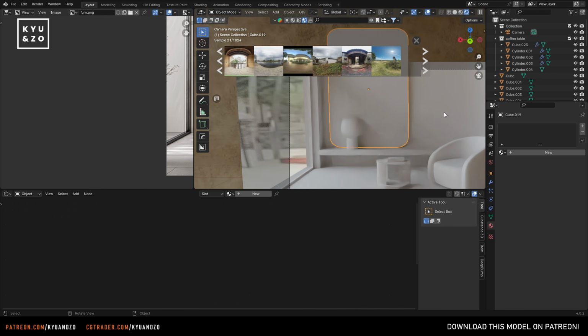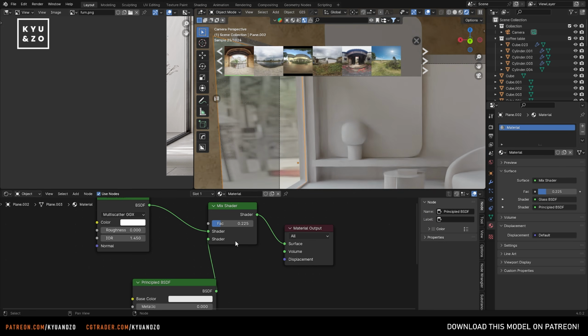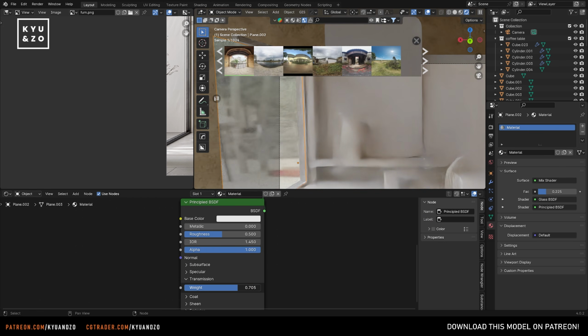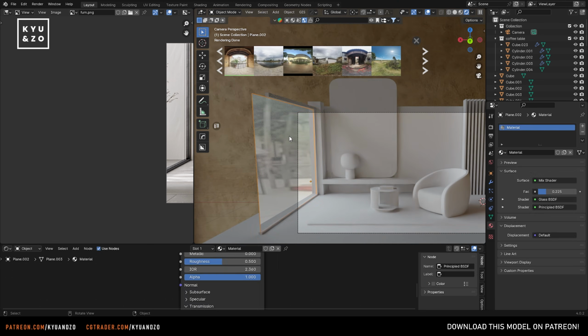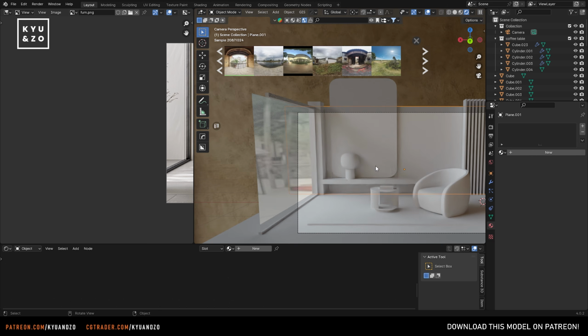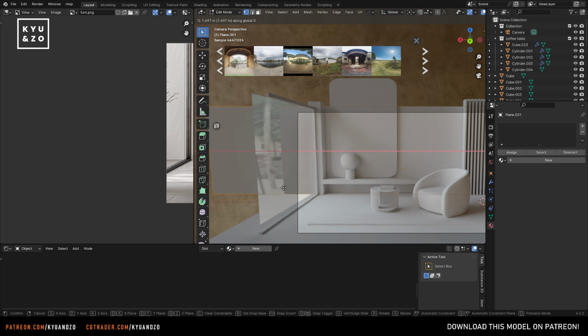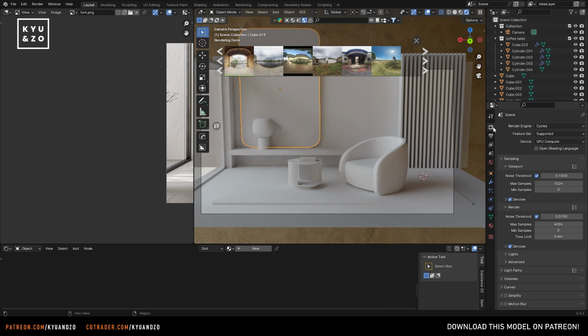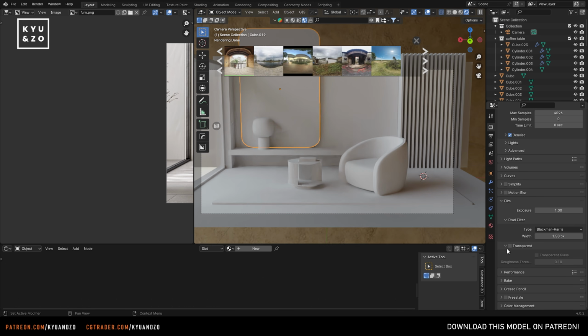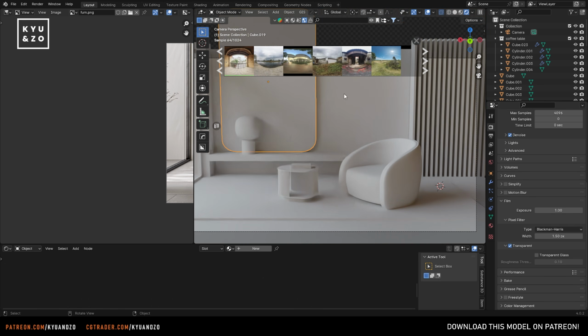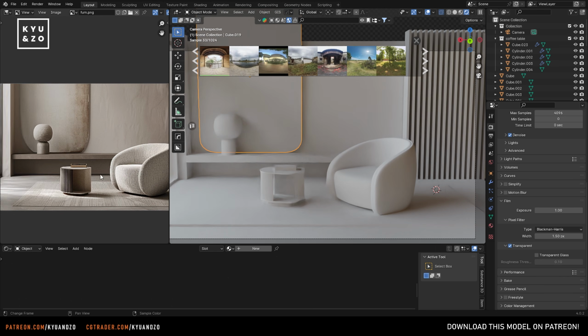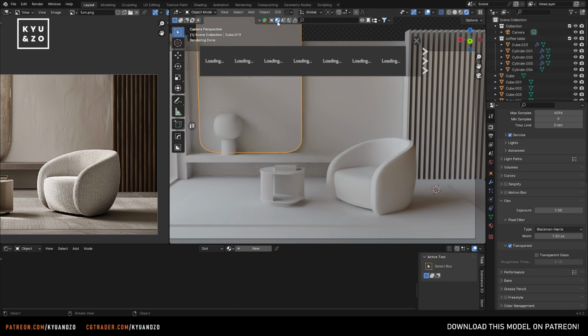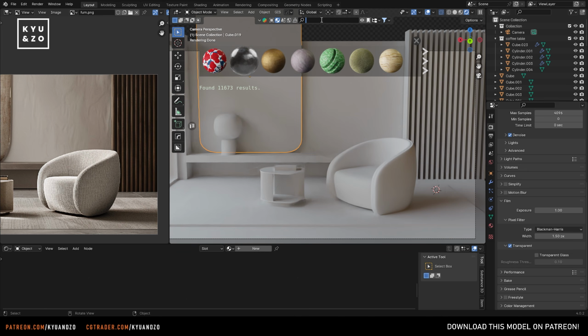I need this wall to outside, but we just need to play with IOR and some other values. Do I want to have it as reflective that much? Okay, go here, film and transparent on. Now let's make texture. Go here to materials, and maybe